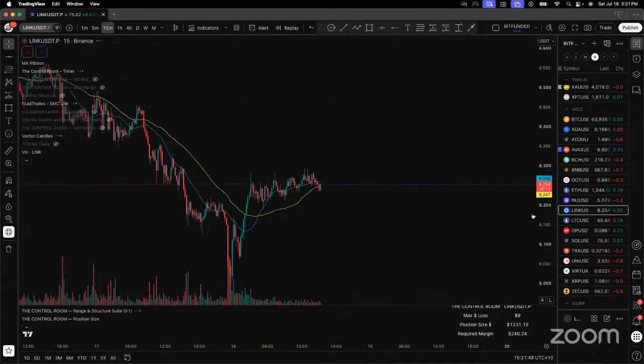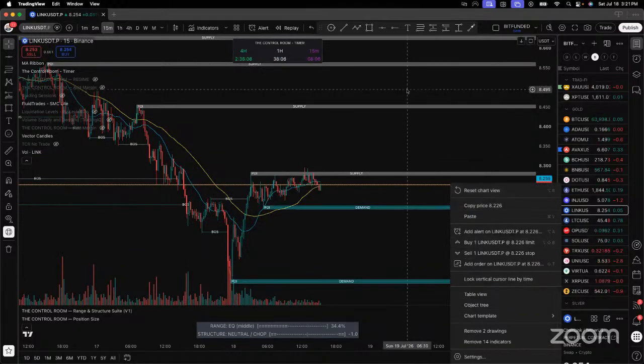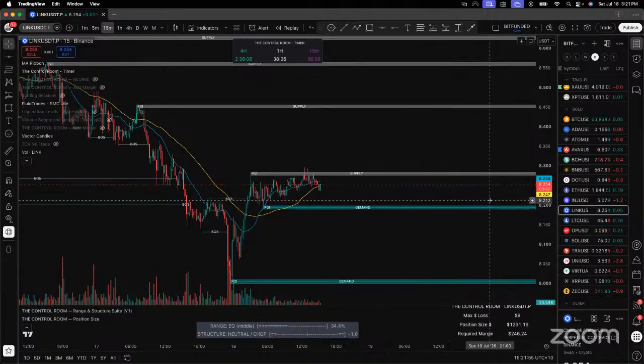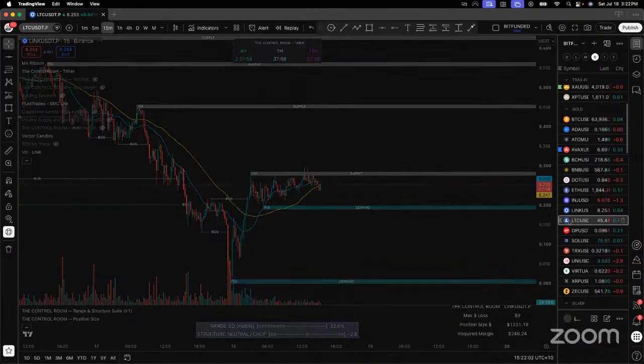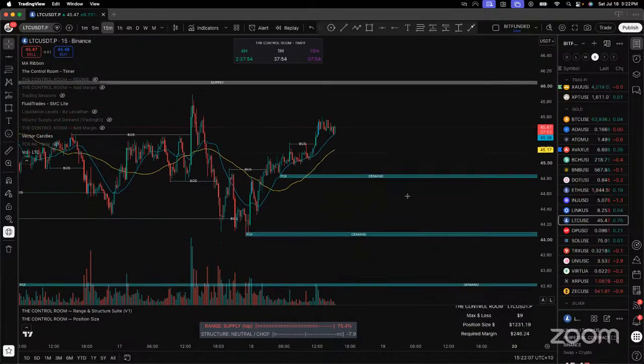Link, what's Link doing today? Actually, because I couldn't trade this morning, I did that exam. I've got to look at this. I need an add-on for that. Took this last night before I went to bed.